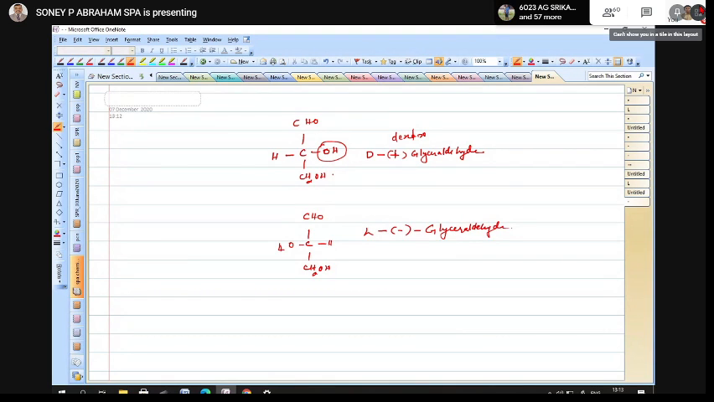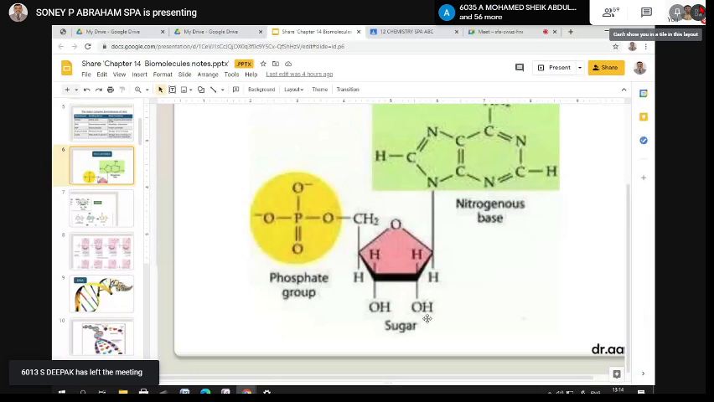Now, if you look at this one, when you compare the last asymmetric carbon of your compound with that of glyceraldehyde, if it is on the right hand side, it is given the configuration D, and if it is on the left hand side, it is given the configuration L. So, for example, here you see